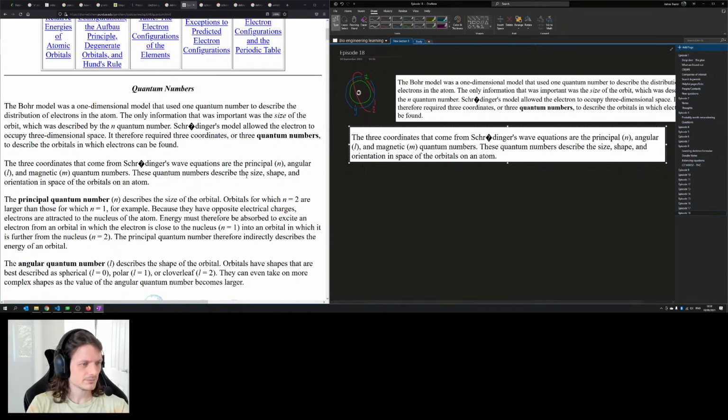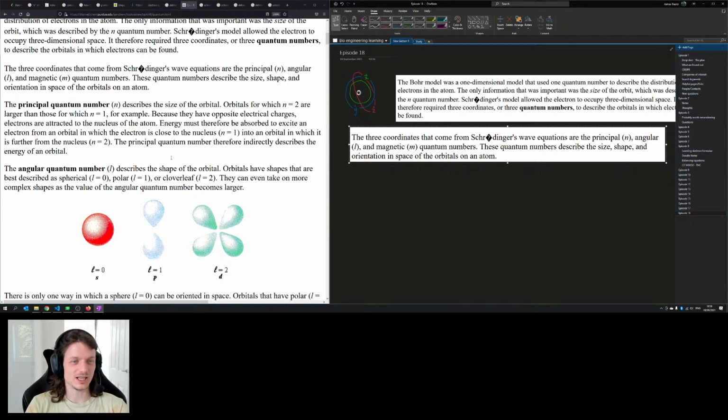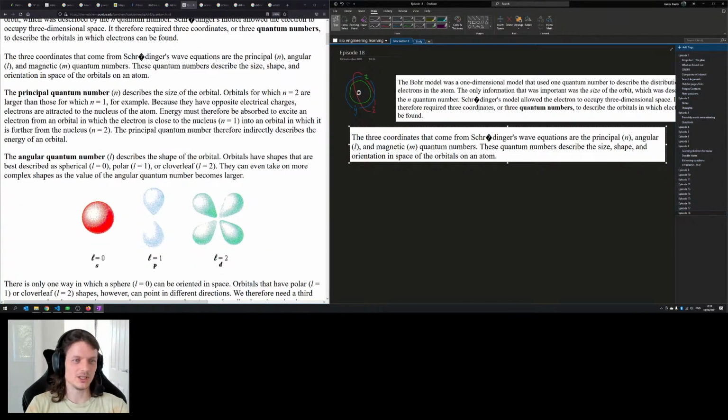Okay. In fact, I'm just going to basically have a whole copy of the whole HTML, aren't I? The principal quantum number n describes the size of the orbital. Orbitals for which n equals 2 are larger than those for which n equals 1. Cool. For example, because they have opposite electrical charges, electrons are attracted to the nucleus of the atom due to the protons.